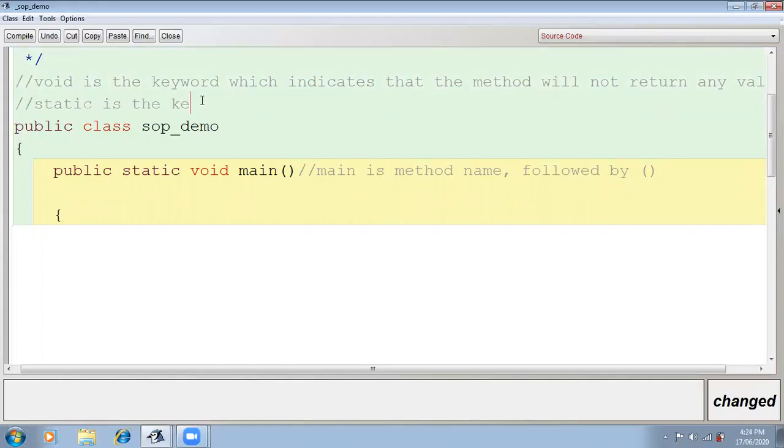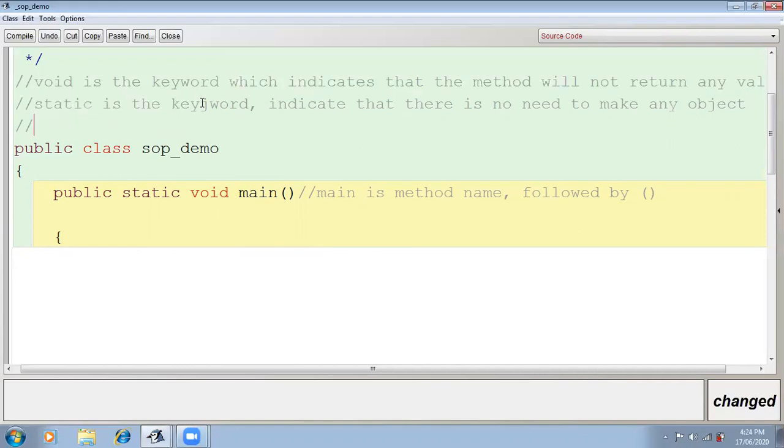Static is the keyword that indicates that there is no need to make any object to call this method.